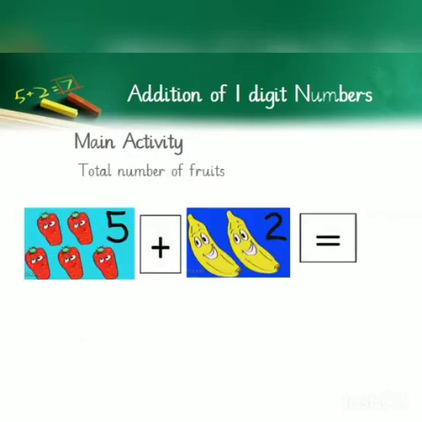Alright students, let's do some more practice. Look at the given picture. There are strawberries and bananas and you have to count the total number of fruits. Not necessarily each time you have to count the same kind of items. It might be different as well. So 5 strawberries plus 2 bananas. What is the total number of fruits? Count and tell. Yes, 5, 6 and 7. 7 fruits are over here, correct?